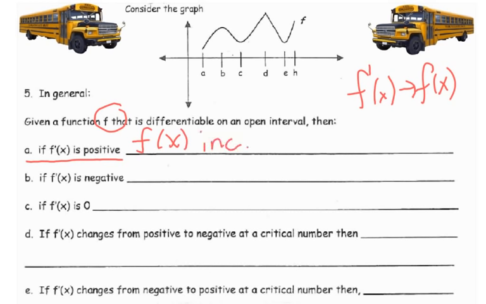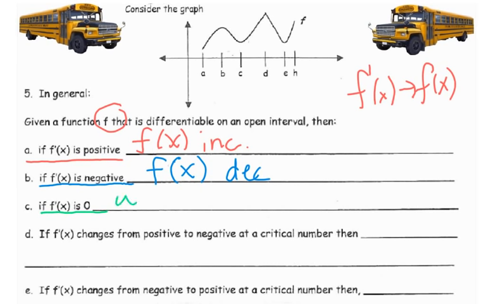And we saw that from the other side, or just by continuing to look at the same graph. Letter B, if the first derivative is negative, what did we know about the original function? Well, if the first derivative is negative on a particular interval or at a particular value of x, the original function is decreasing. And letter C, if f prime of x, or the first derivative, is 0, we know that we have a,